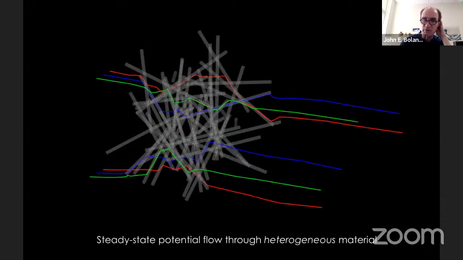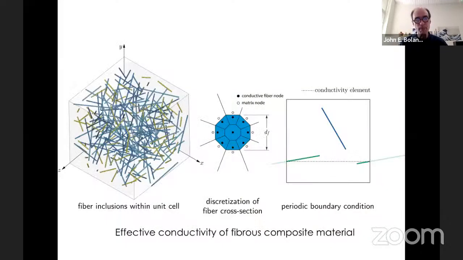If the fibers have different properties, and this is more realistic, you can see how the fibers modify the flow field. And so again, each fiber, this is a fiber cross section, and it's very expensive. You can imagine how many nodes you need to model one fiber. So this is expensive, but in some ways accurate.